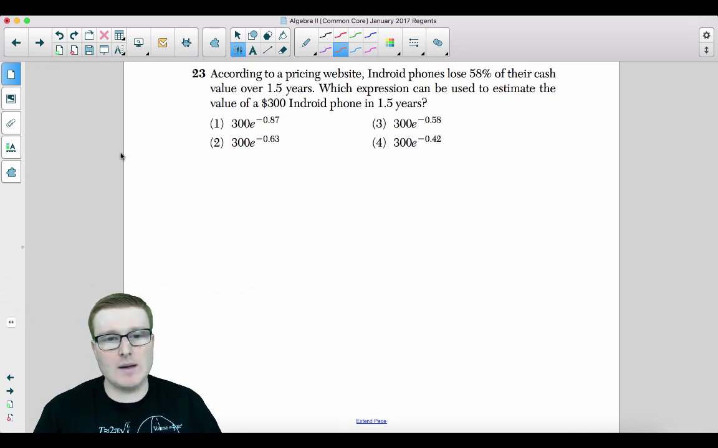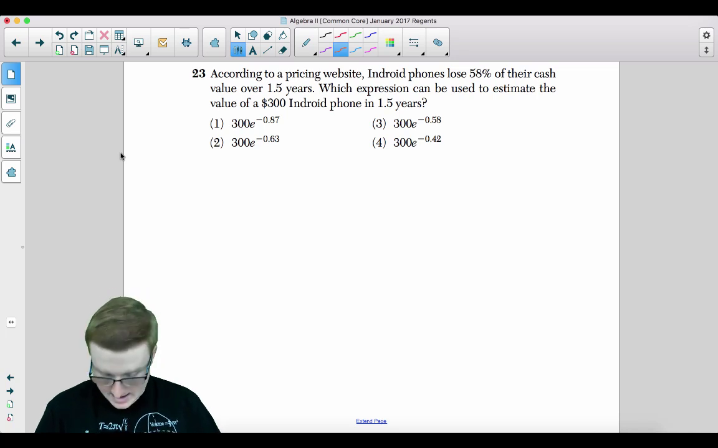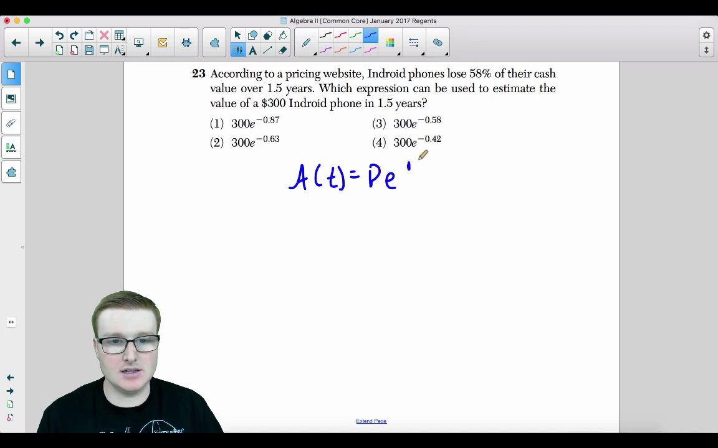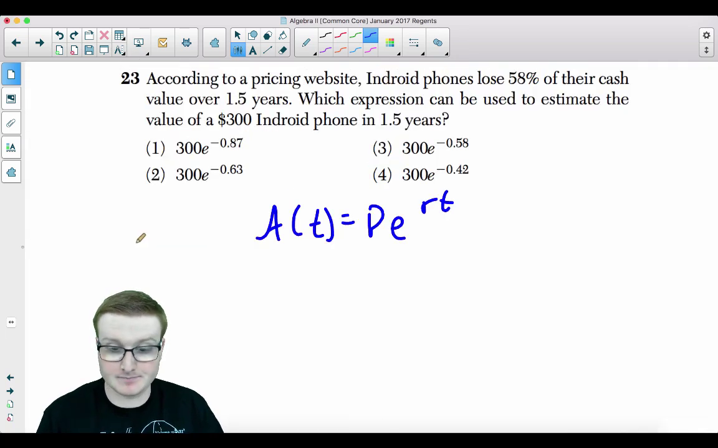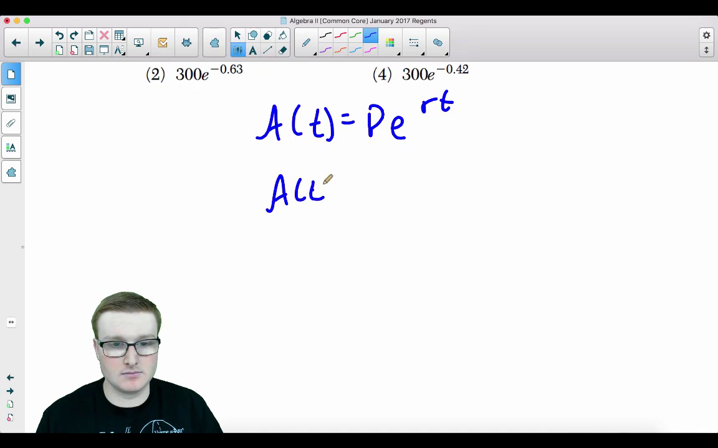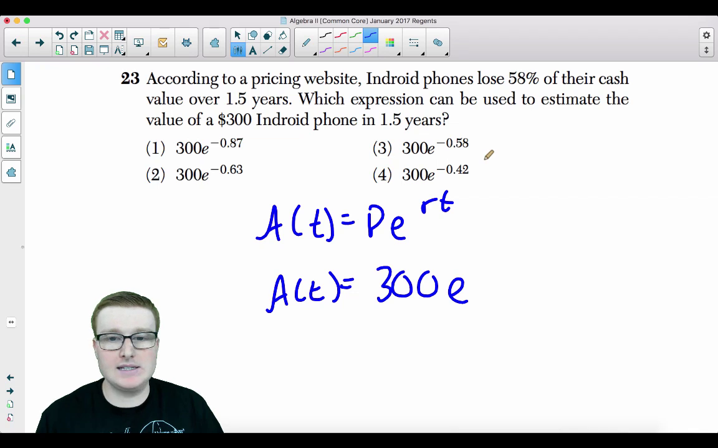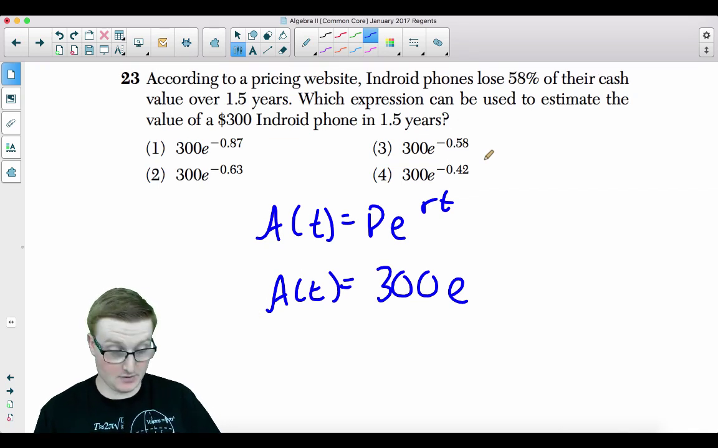According to a pricing website, Android phones lose 58% of their cash value over 1.5 years. Which expression can be used to estimate the value of a $300 Android phone after 1.5 years? So all of these are related to the formula PERT: A of t equals P e raised to the rt. That's your PERT formula. So the initial amount is 300 e to